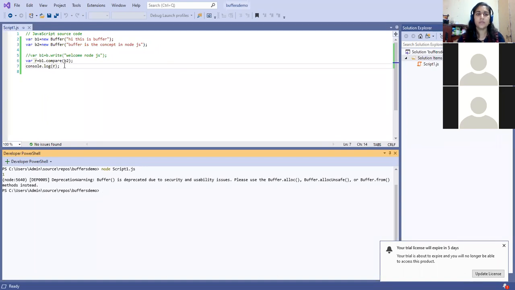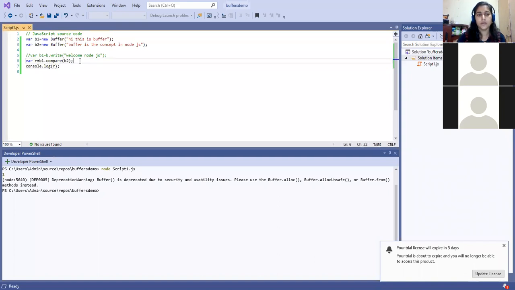Okay, let us see. Suppose I'm going to create the conditions over here. I want to write the condition over here. If r equal to 0, I'll give a message, console.log, strings are, or sorry, buffers are equal.